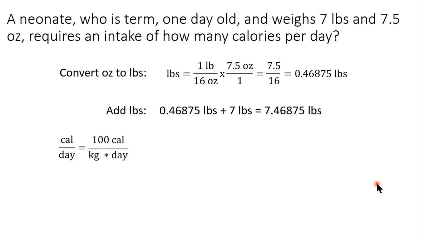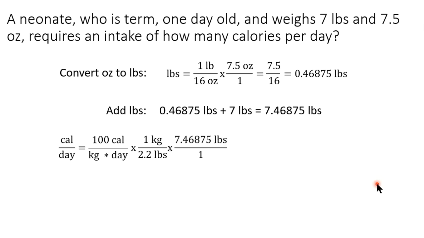The formula is that babies need between 100 and 110 calories per kilogram per day. So we are going to go first on the lower end of the range. First put 100 calories per kilogram per day times, we want to get rid of the kilograms, but we have our weight in pounds. So we add the conversion rate of 1 kilogram over 2.2 pounds times the weight of the baby, which is